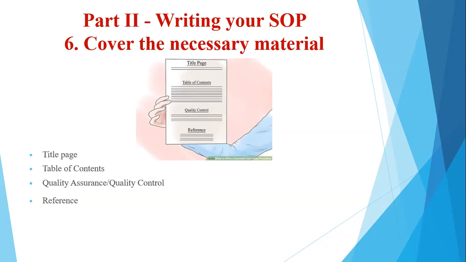In case there are n number of procedures required to be followed in an organization, then it includes the SOP identification number of the procedure that you are writing out. Then the date of issue: if you are coming up with a first SOP, the date on which it is being prepared; if you are revising an existing SOP, the date of revision. Next comes the name of the department, branch or division for which you are preparing the SOP, which takes care of the procedure. So essentially the department to which it applies.